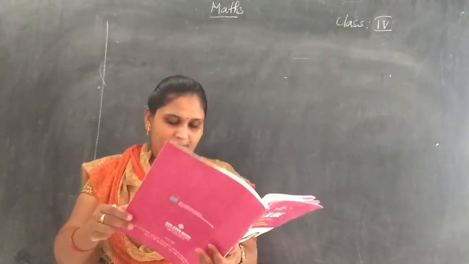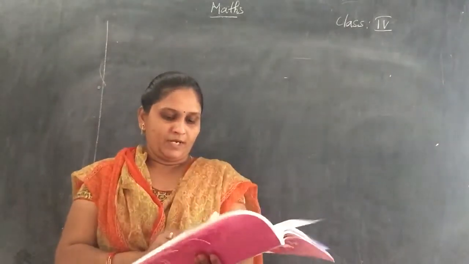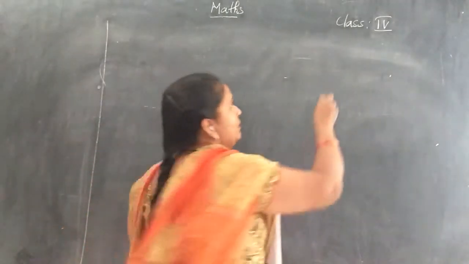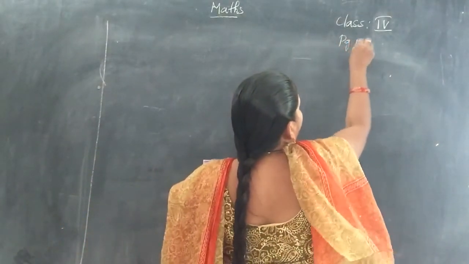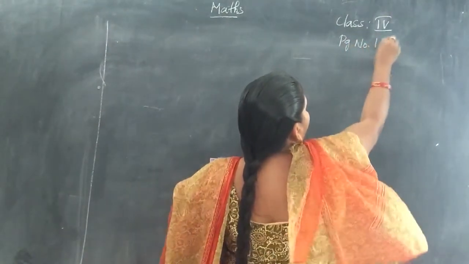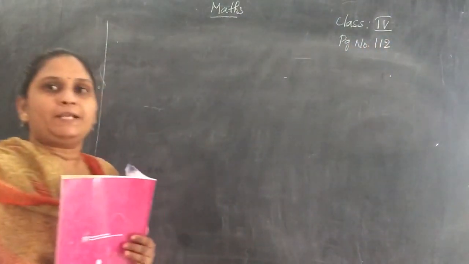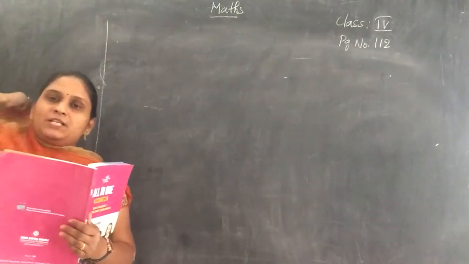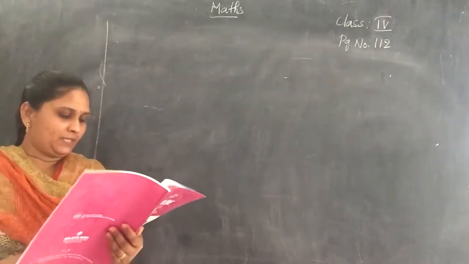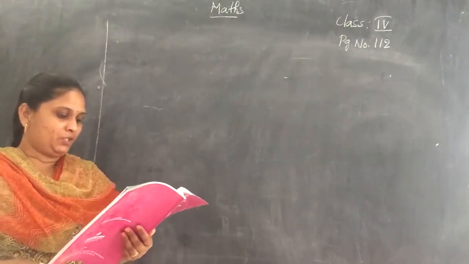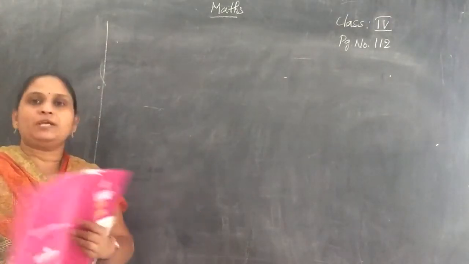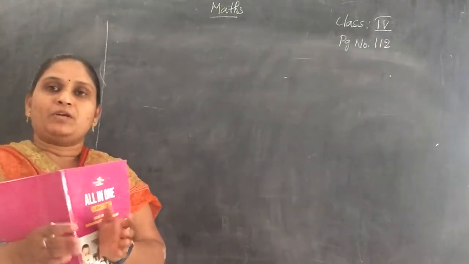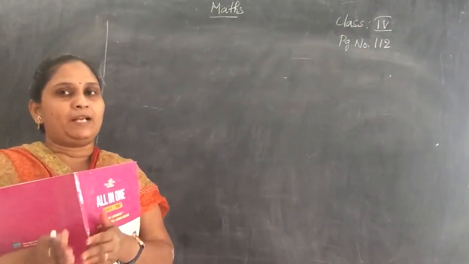Okay. So everyone open textbook page number 112. On page 112 we will be having 4 sections, children. First let me explain section wise. There are 4 sections. In the first section we have to make all the sets of decimals into like decimals. So how do we know which one is the unlike decimal and which is the like decimal?